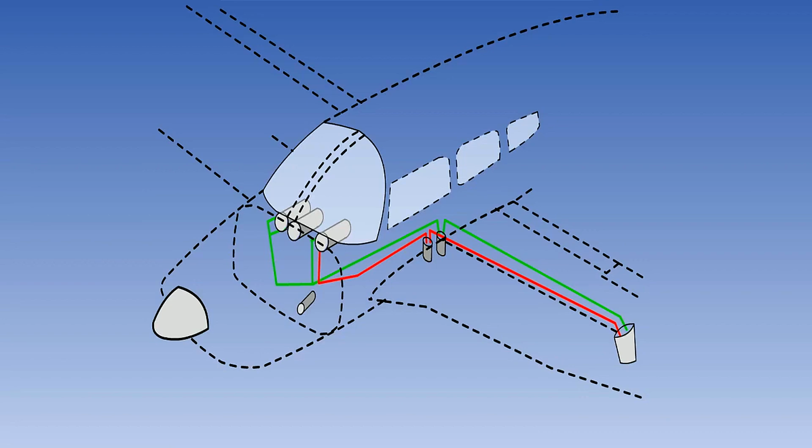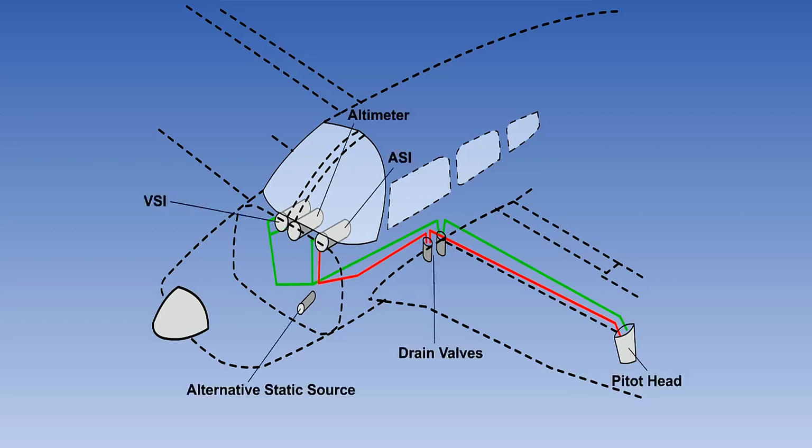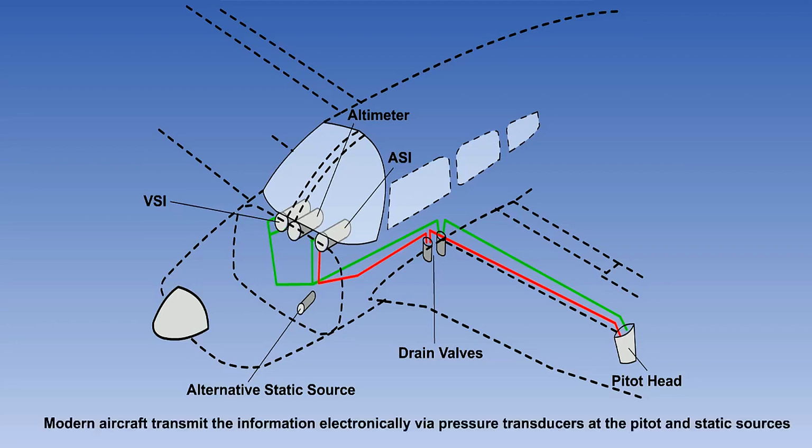In pressurized aircraft, the alternate static source is often located within the unpressurized rear fuselage, and in unpressurized aircraft the alternate static source can be located within the cabin. We can see a typical location in an unpressurized aircraft here. Often as a result, the static pressure sensed will be lowered slightly due to dynamic suction, and this will cause the pressure altimeter and the airspeed indicator to over-read. The error should be tabulated in the aircraft flight manual.